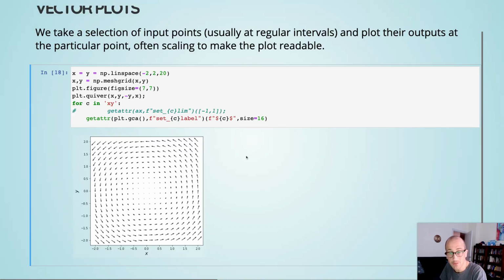So here's a little bit of the code included here. You see that Python's a little clever. It uses quiver for vector fields, meaning a bunch of arrows. Haha. But you can see it's being plotted here. So the input is x and y, and you see the output is minus y, x there. And this is the picture